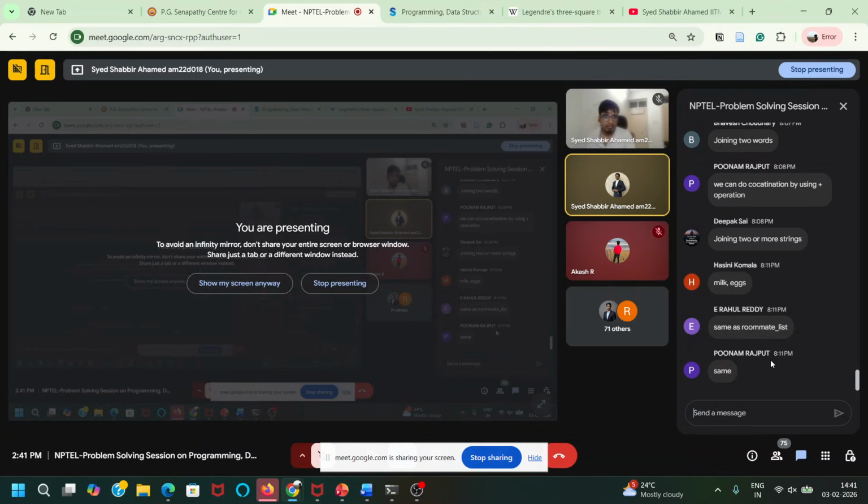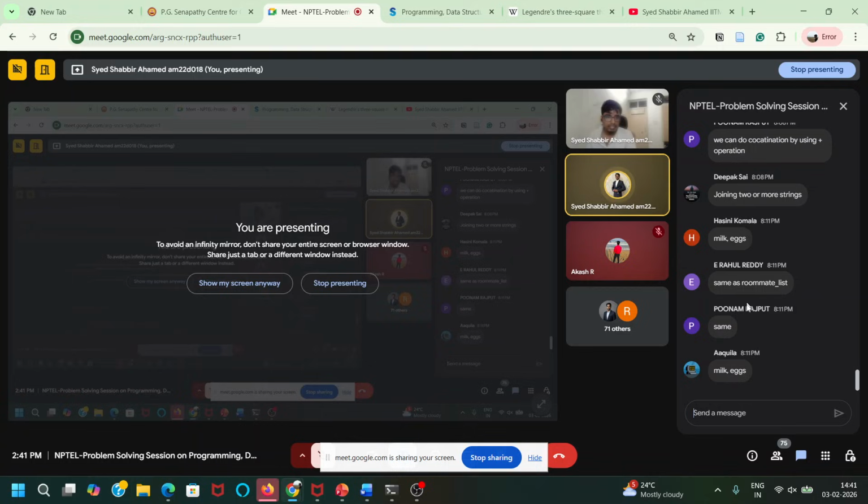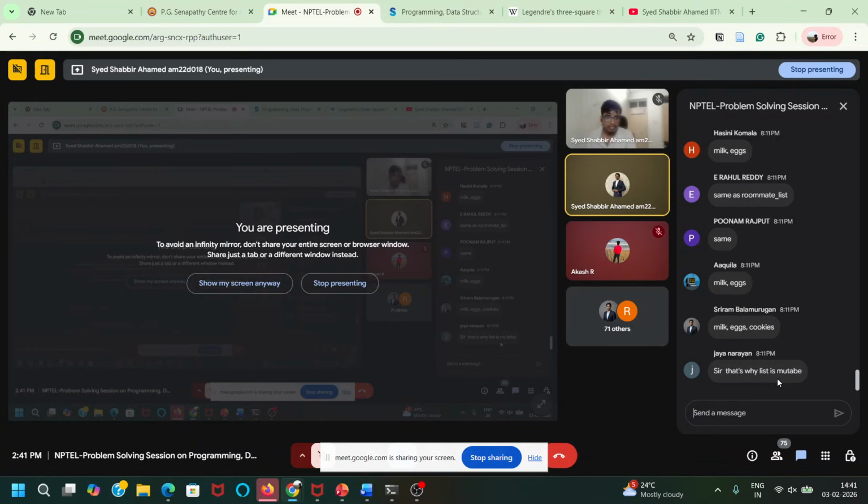Somebody has answered milk eggs. Hasini is answering milk eggs, so milk eggs will be my output. Akila is also saying milk eggs. Sriram is saying milk eggs and cookies. Bhavesh Chaudhary is saying milk egg cookies. Jainarayan is saying that's why list is mutable. Deepak Sai is also saying milk egg cookies.